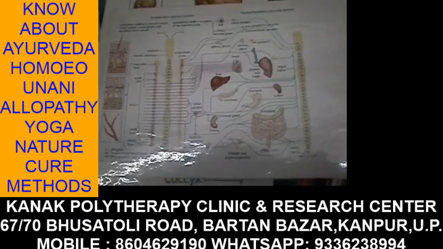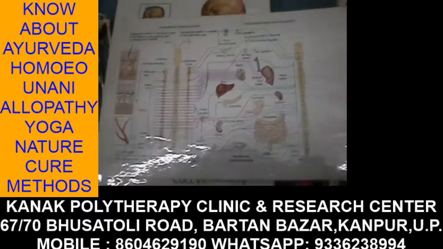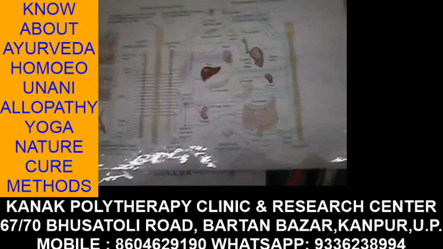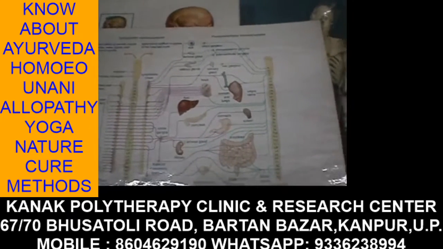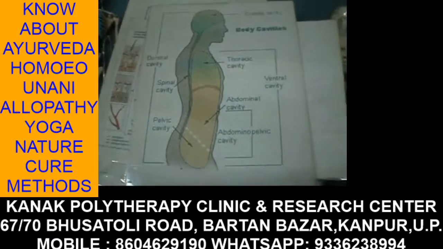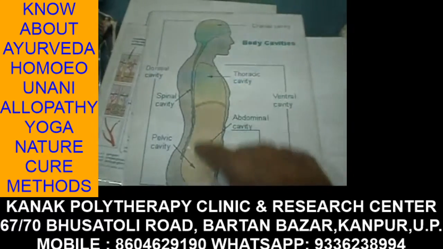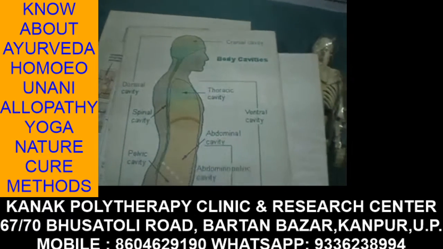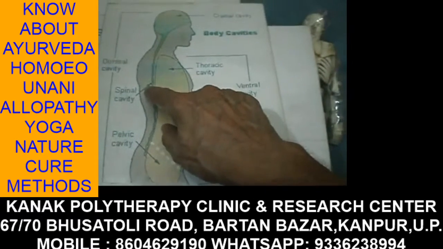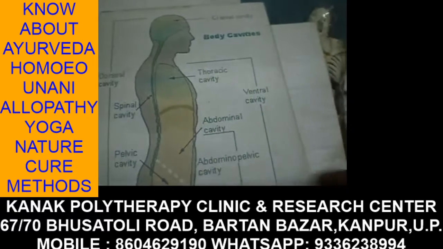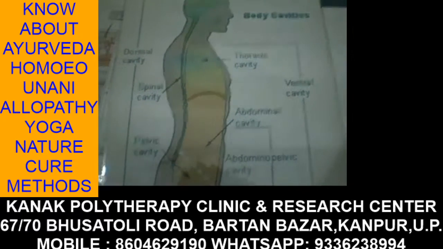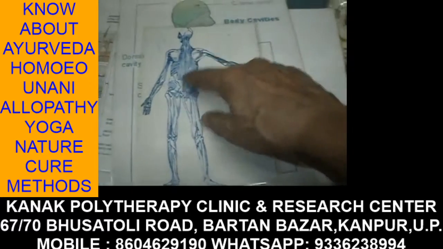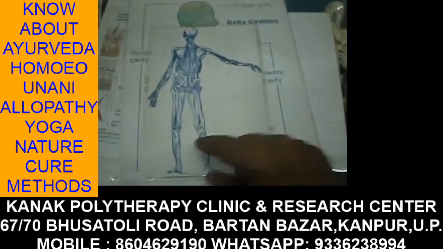Both parasympathetic and sympathetic nerves pass from the spinal column, and therefore the cavities. This is the thoracic. Now you see all the cavities of the body. This is the cranial cavity, this is the abdominal cavity, this is the pelvic cavity, this is the spinal cavity. So there are cavities which affect the whole body system. Now these are the muscles and skeletal system of the back. So this also affects,